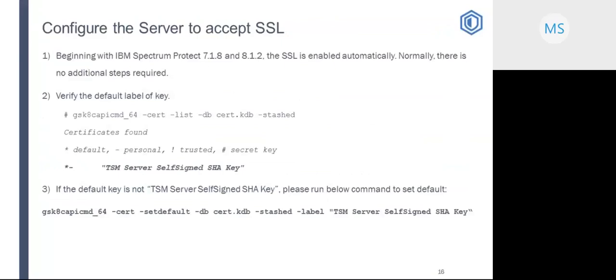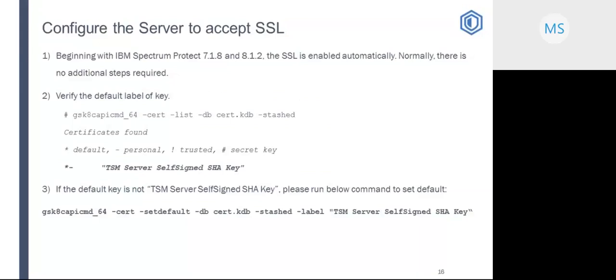Then move to the next slide, 16. In this slide, we are discussing how to configure the Spectrum Protect server to use SSL. Beginning with IBM Spectrum Protect 7.1.8 and 8.1.2 versions, SSL is enabled automatically and no additional steps are required.